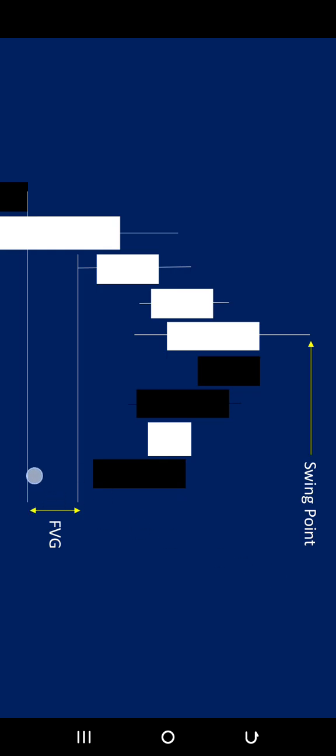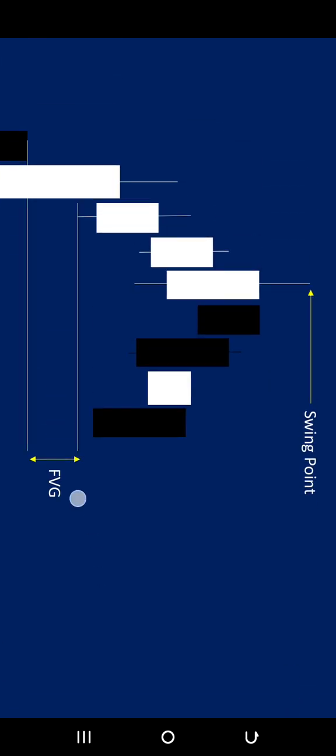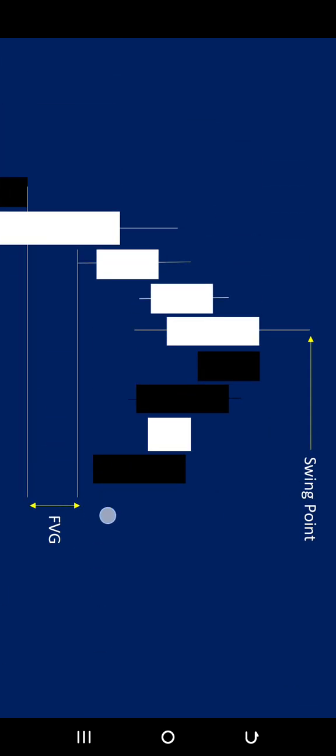So can you imagine that when price gets into here now, it is an opportunity for you to place a buy, because you know that the moment price gets into it, it's going to reject it and you will start riding the market upwards. Now, also, this swing point is a strong rejection zone too, just like this fair value gap. If this fair value gap is strong enough, when price gets into it, it will reject price. Now, if this swing point is strong enough, when price gets into it, it will reject price downwards.